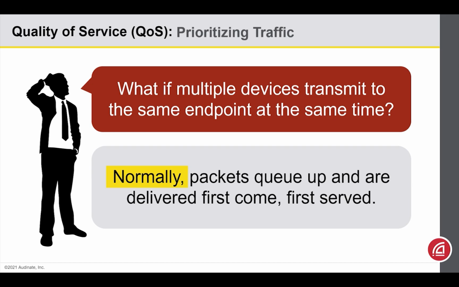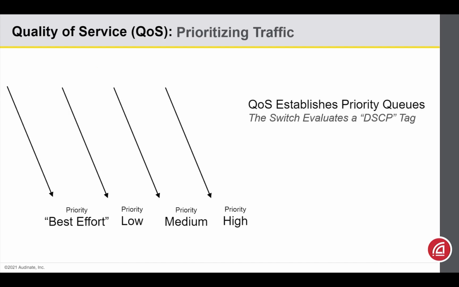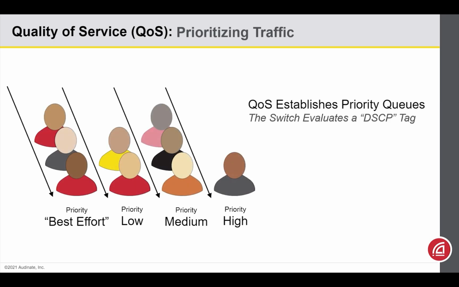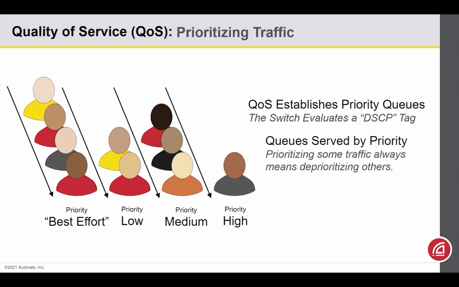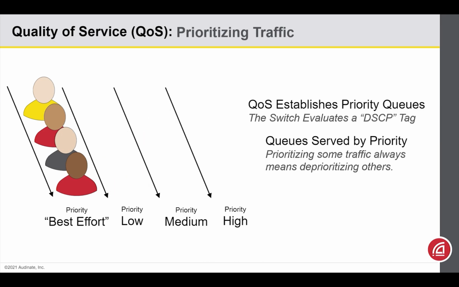We can prioritize some traffic over others using quality of service, or QoS. QoS works a bit like priority boarding lines at the airport. As passengers come up, they can be sent to different queues for first-class passengers, frequent flyers, and others who are just flying economy. When the switch prepares to deliver packets, it will take from the highest priority queue first so that they hardly wait at all. If more packets come into this queue while it's processing, then the new packets will be sorted to their highest priority queues as well. And again, we will continue serving the highest priority queue first.